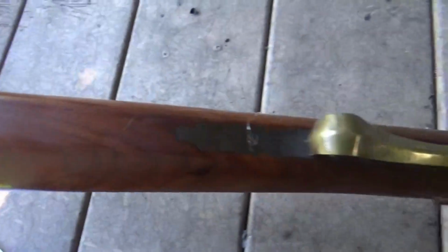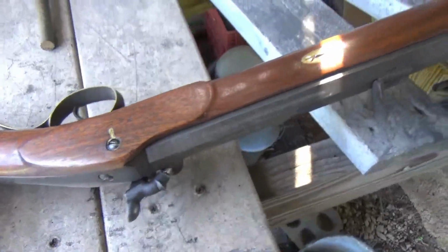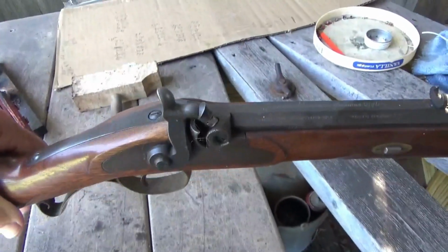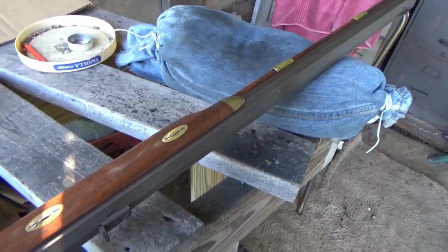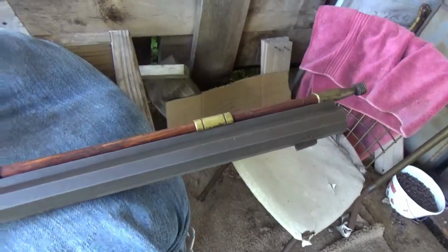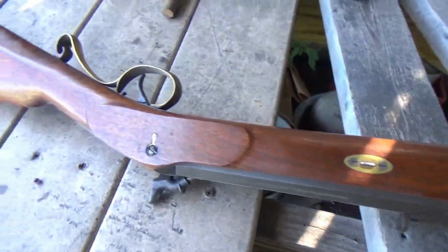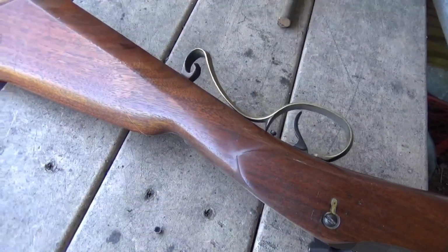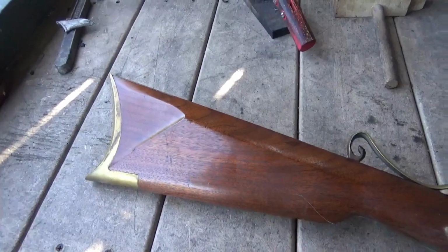Inletting in the wood, all the parts, components here, done very much like the original Hawkens were. I think this gun was expensive to produce. Well, I know it was, but I think it probably sold for twice the price of the Thompson Centers, and that's maybe why they went out of production back in '81. Only made for, well, I guess 4 years by that company. So